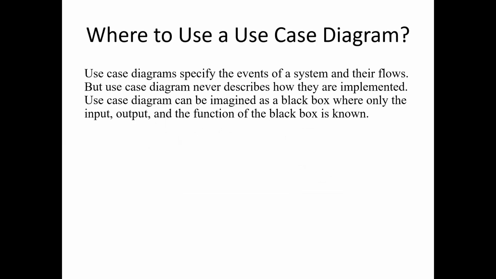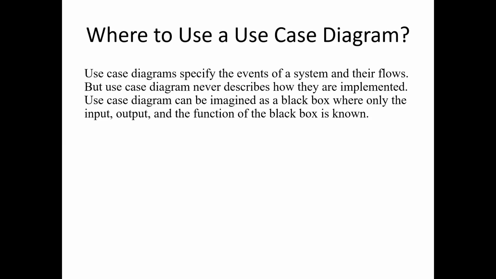Next, where to use the use case diagram? As we have already discussed, the 5 UML diagrams model the dynamic view of a system. Each and every model has some specific purpose to use. These specific purposes are different angles of a running system. To understand the dynamics of a system, we need to use different types of diagrams. The use case diagram is one of them, and its specific purpose is to gather system requirements and actors.